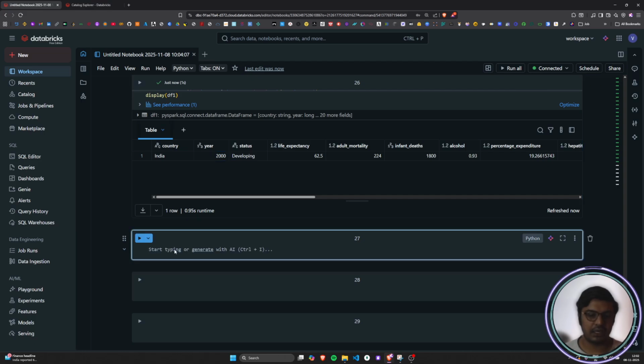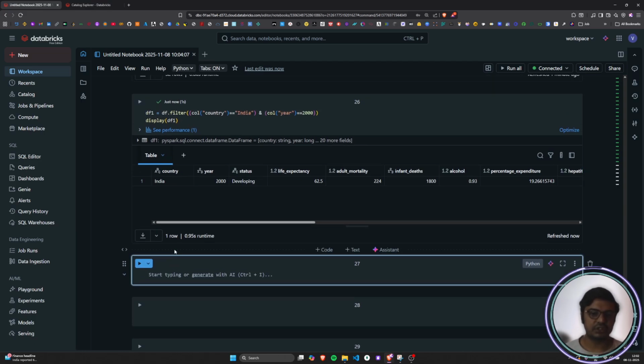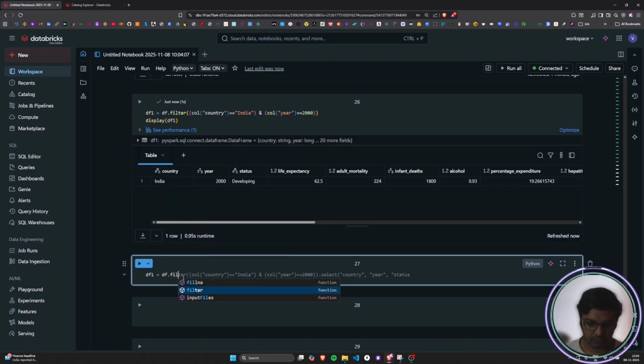Now let's say there is a scenario where I want to select all the countries except India, right, with the year 2000. So how is it possible? Yes, it is very much possible, and it can be done using a not condition, right? So what I will do is df dot filter, I will filter column of country, and that must be equals to India. Let's say first of all I will put India equals to India, okay,